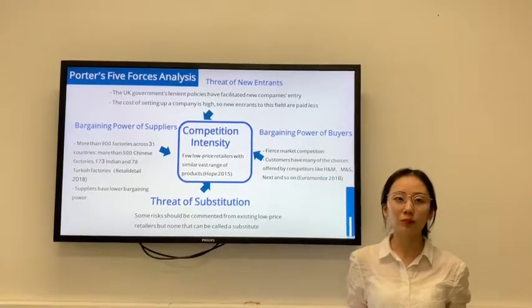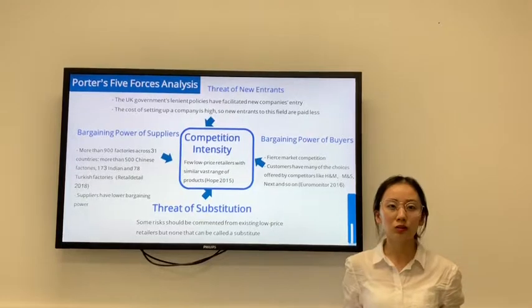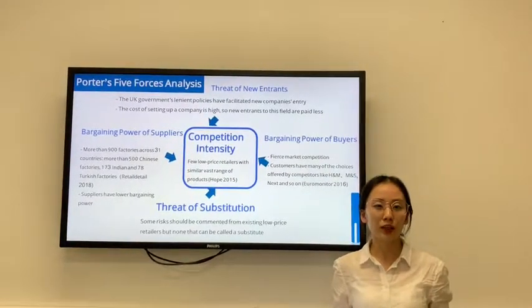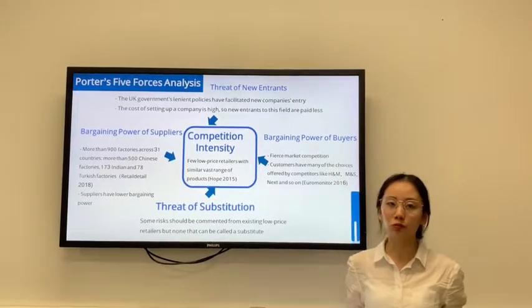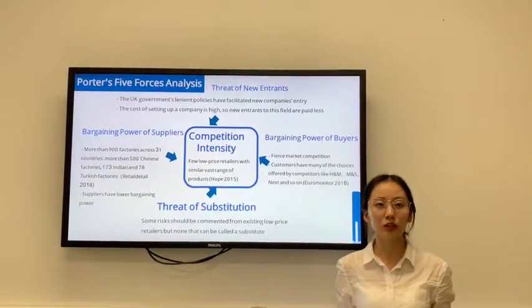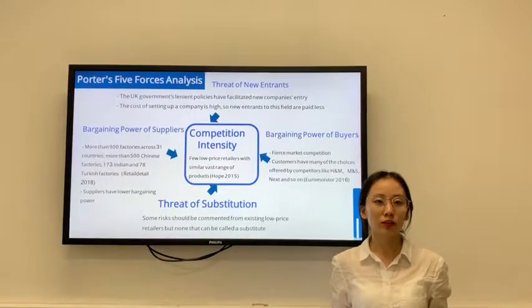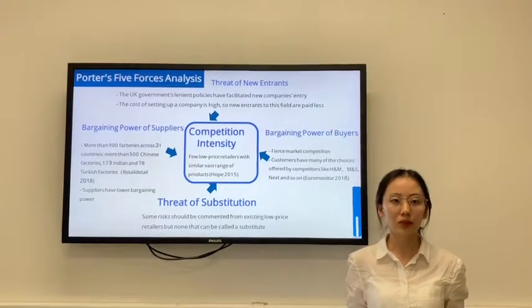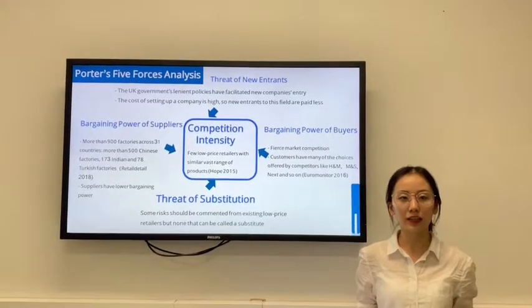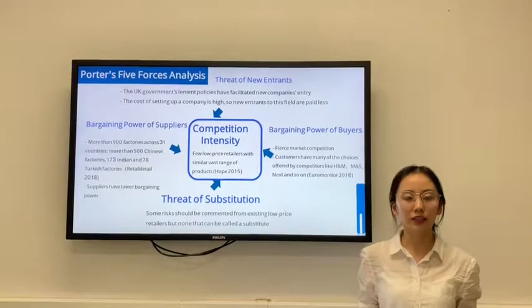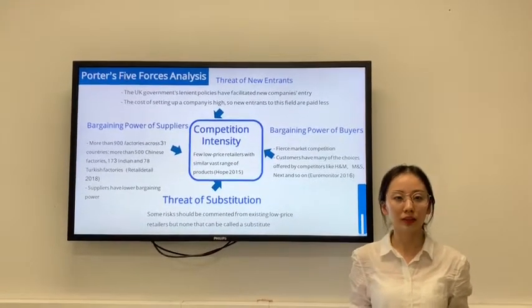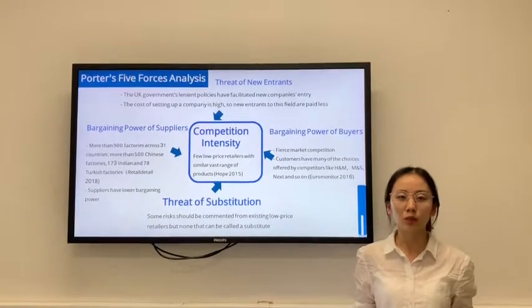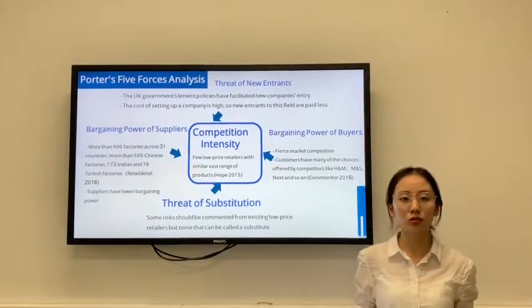However, there are many players in the industry, so the bargaining power of buyers is relatively high. Buyers are more price sensitive and maybe they will go to many shops seeking the lowest price. So customers have many choices offered by their competitors like H&M, Next, and so on. This has been considered detrimental for the company since it lacks the power to raise its prices. Moreover, it can continue to